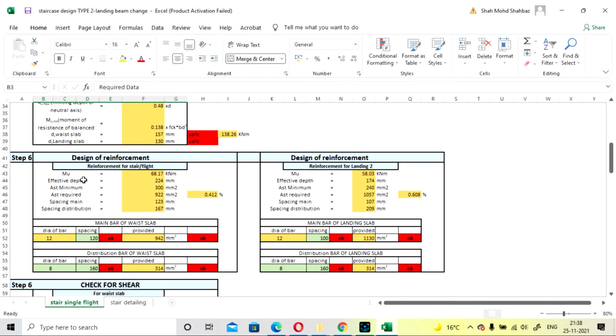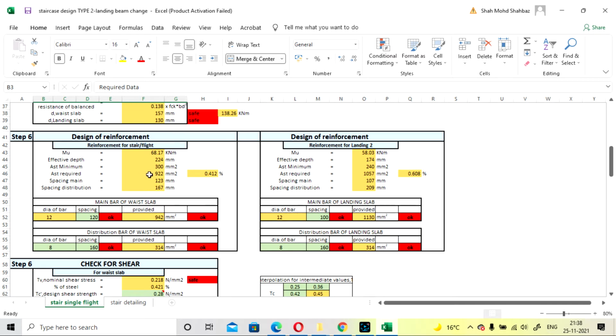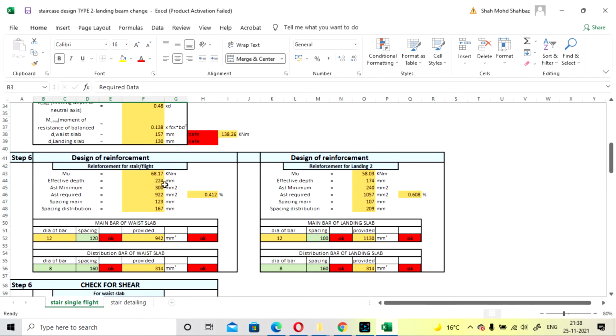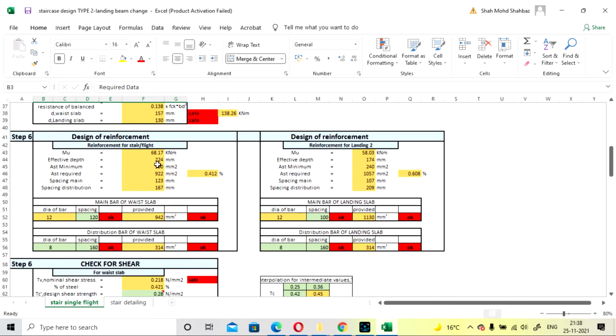Now we can go for reinforcement calculation here. All these values will be calculated, moment will be taken by itself from here. And for reinforcement for the stair flight, that is the waist slab, we are talking here. So Ast required will be 922, that is 0.412, and Ast minimum is 300. Just remember you have to provide the maximum of both values.